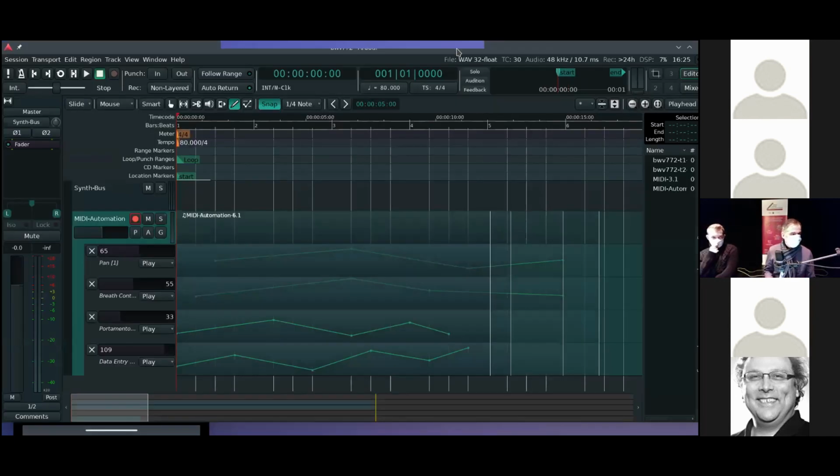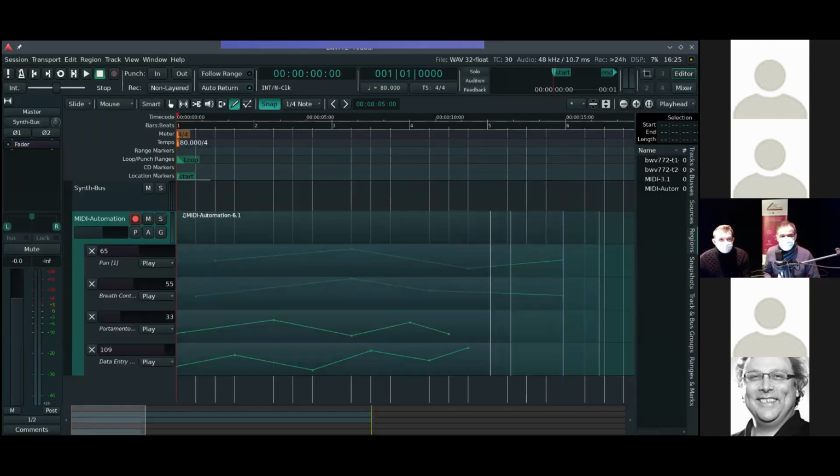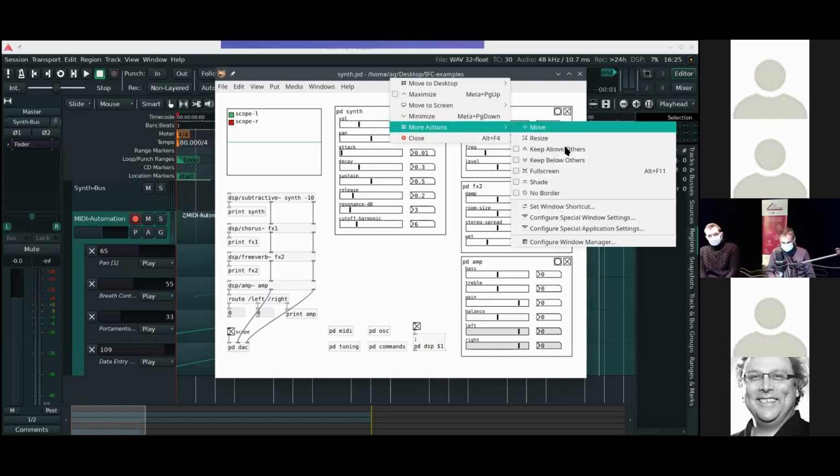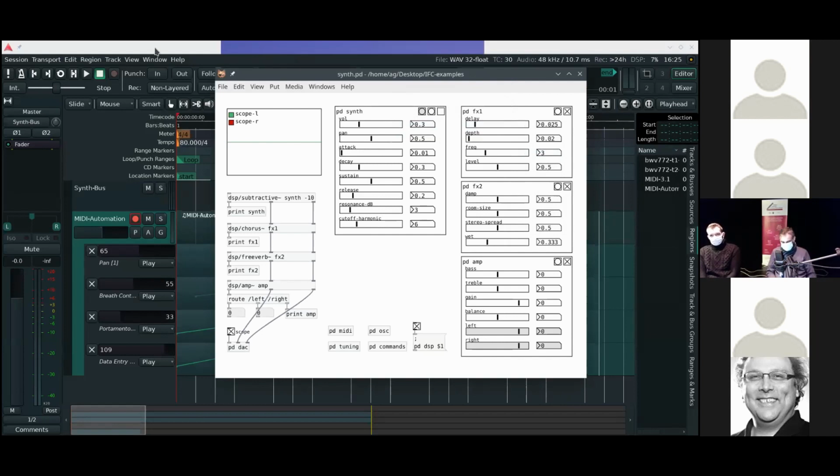So now another possibility, of course, you can use, let me pull PD up in the foreground. Where is it? There it is, and keep that above others. Okay, so I hope that this will work now. No. Okay, auto control is working, but